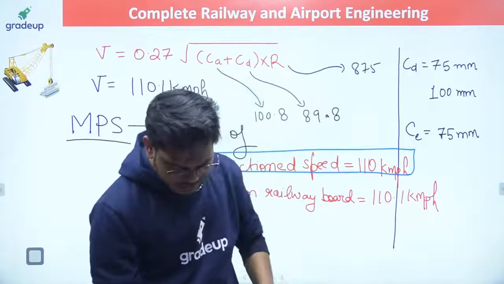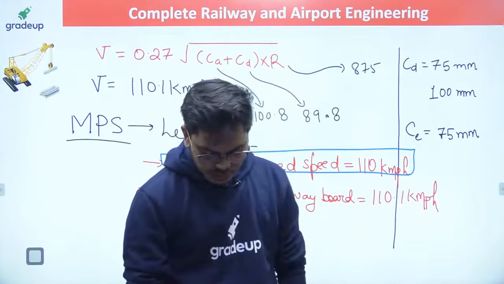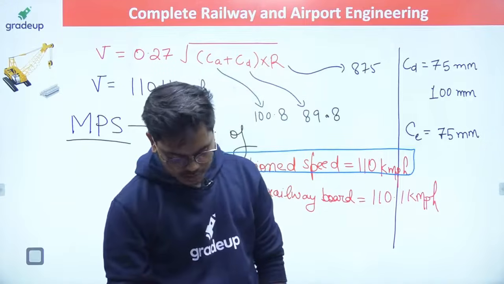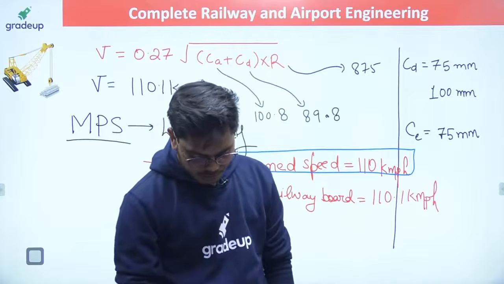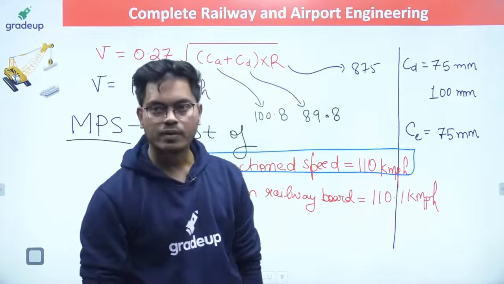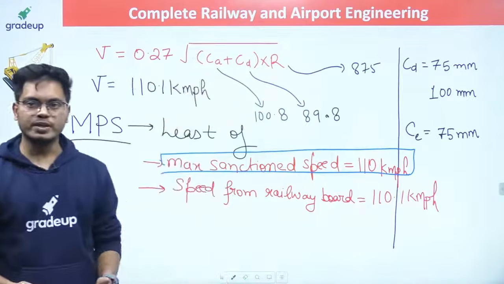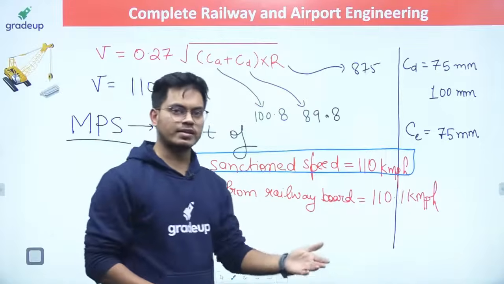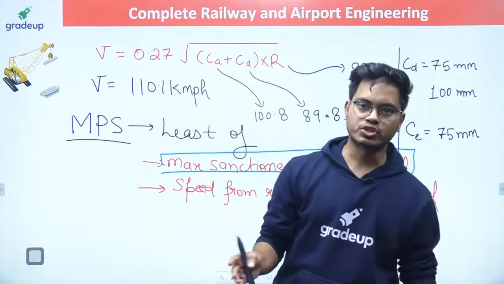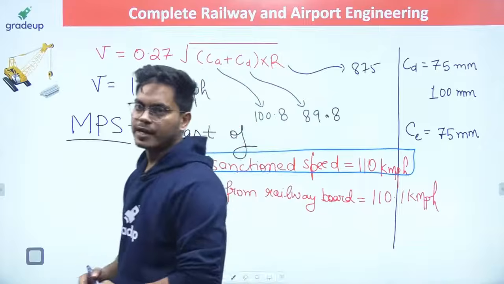Clear? Now the question which I am going to solve is where the values you get are not under the limit, right? Because this type of question is very important when the things are not under the limit. How to deal with that type of questions, that I'm going to tell you here, right?